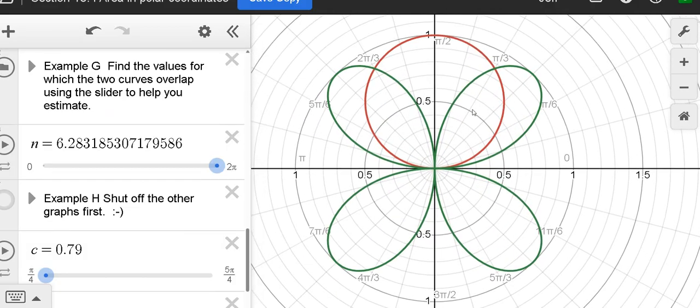I love these clover shapes. You get that clover shape from the sine of 2 theta graph, and it's going to intersect our circle at a couple points. Now, unfortunately, in Desmos, you can't click these points as you can for Cartesian coordinates, x and y, where we can just click and find those points. We can't do that. We're going to have to manually find these points of intersection,